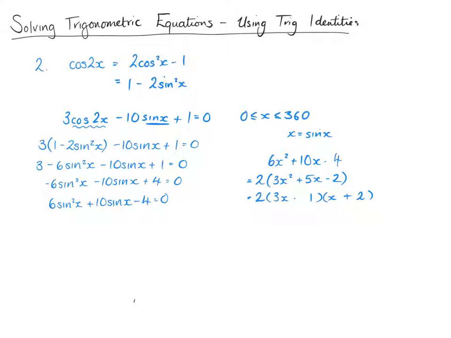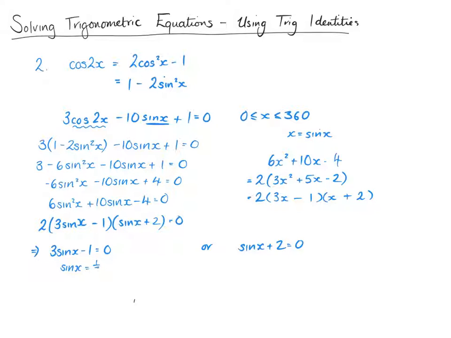Right, so putting this back in, replacing it, we get 2 times 3 sine x minus 1 times sine x plus 2 equals 0. So therefore we've got 3 sine x minus 1 equals 0, or sine x plus 2 equals 0. So here when we rearrange, we get sine x is equal to 1/3. So cast diagram,